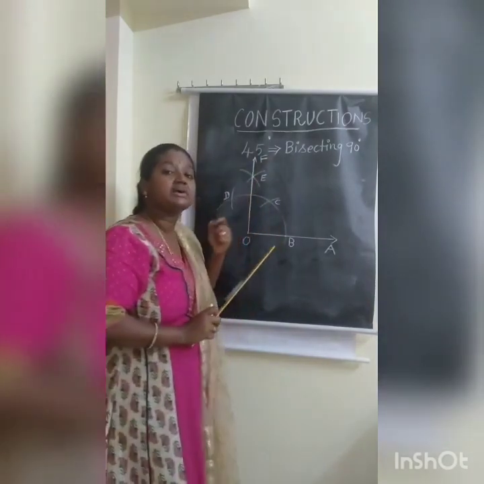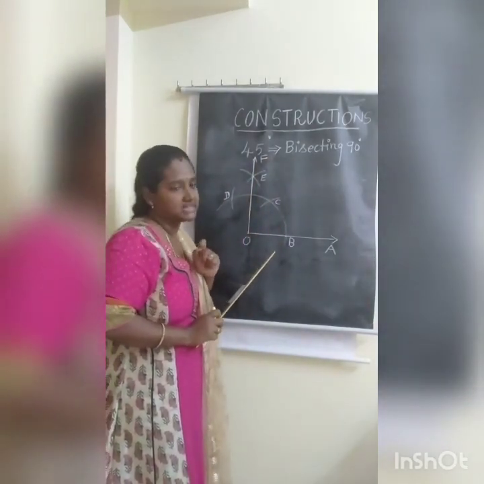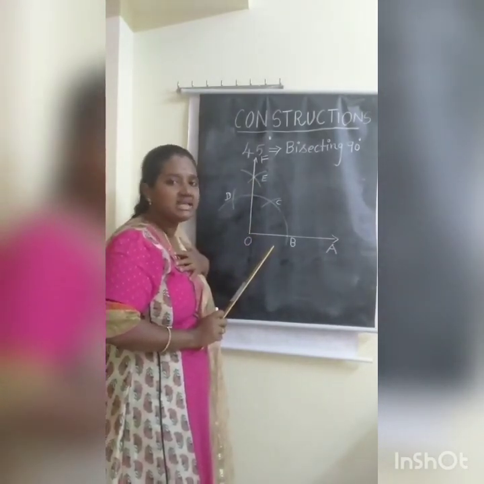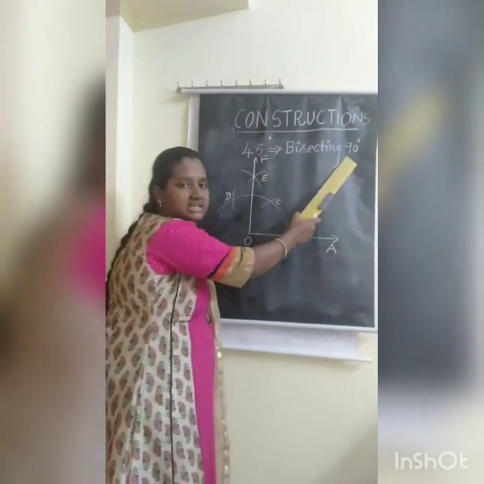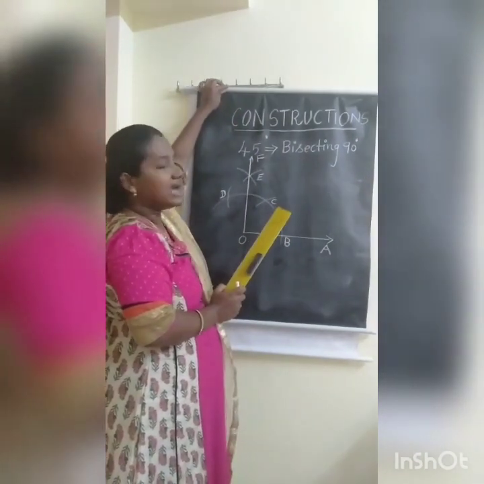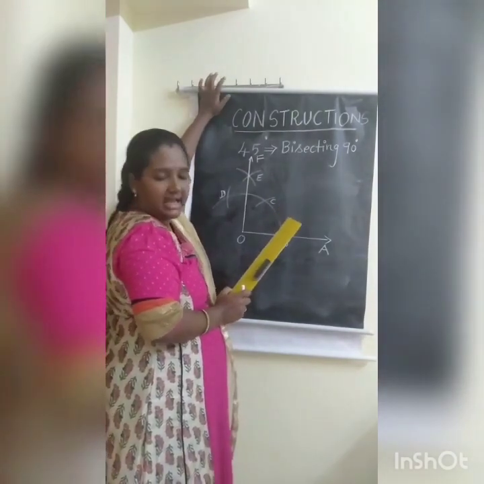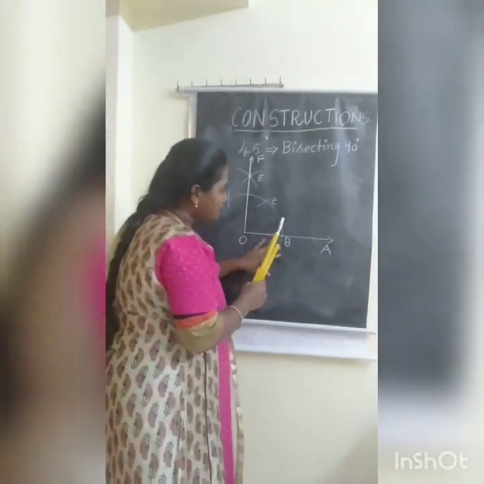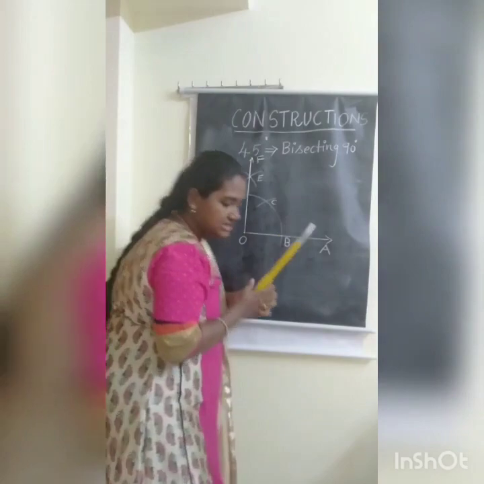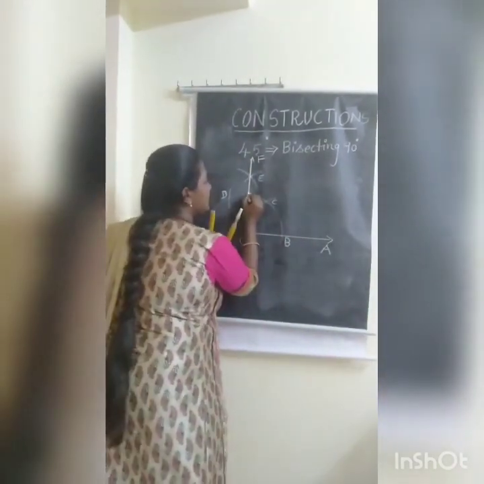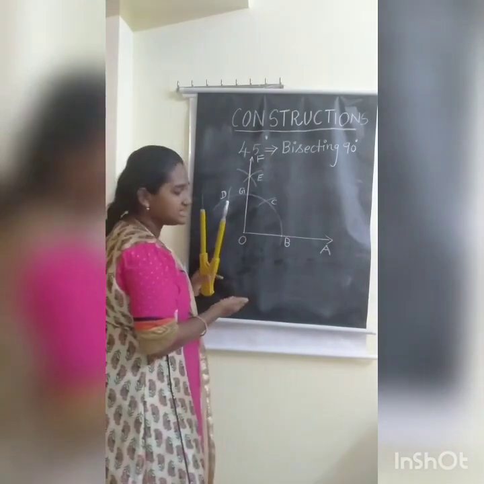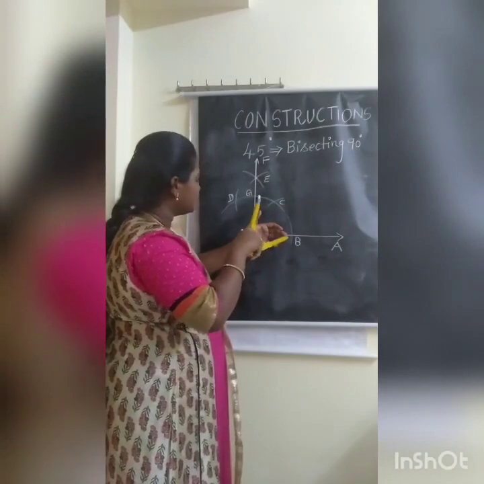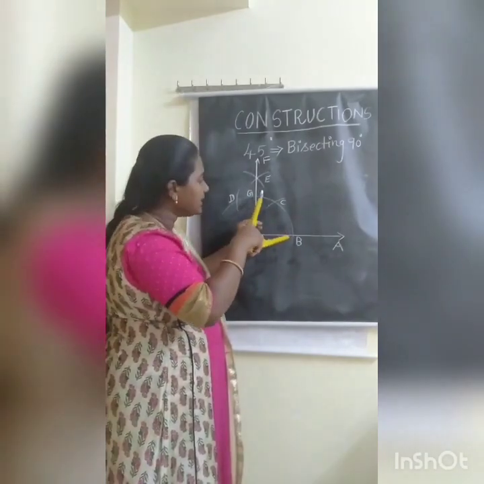But my question is to construct 45 degree using the pair of compass. So I have arrived at the solution of 90 degree. I know if I bisect the given angle, I can achieve 45 degree. So now I am going to apply the concept of bisecting an angle. To bisect an angle, we have to measure the point on this base and this point, the 90 degree point.